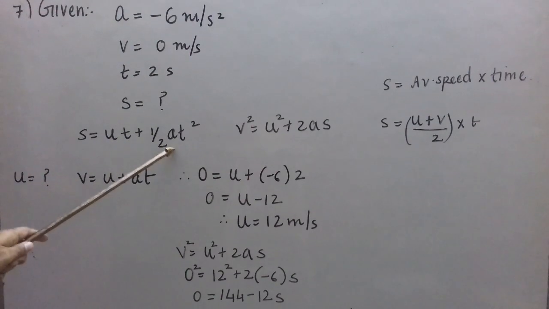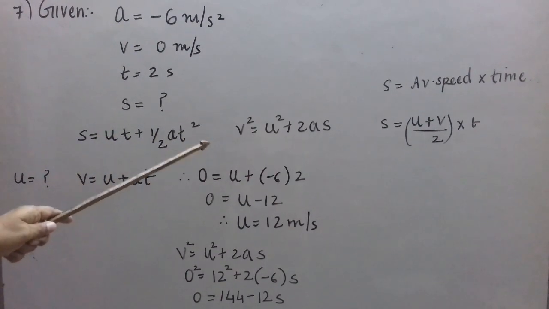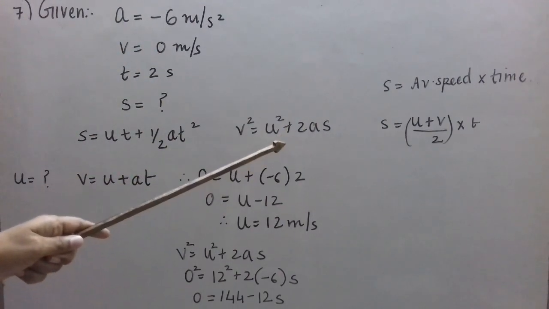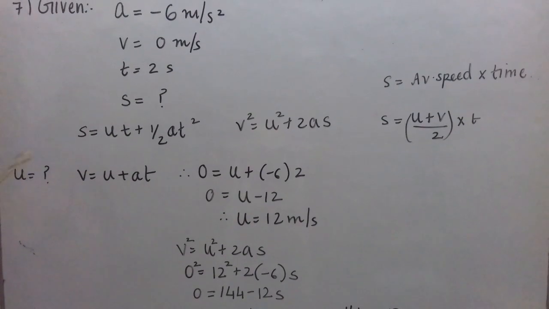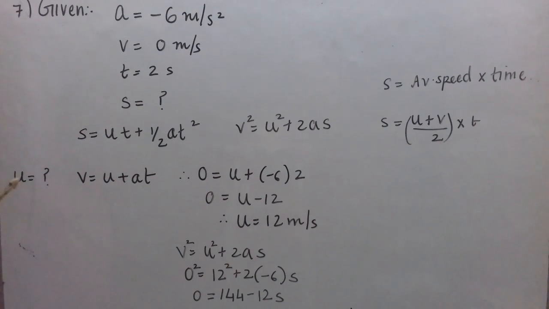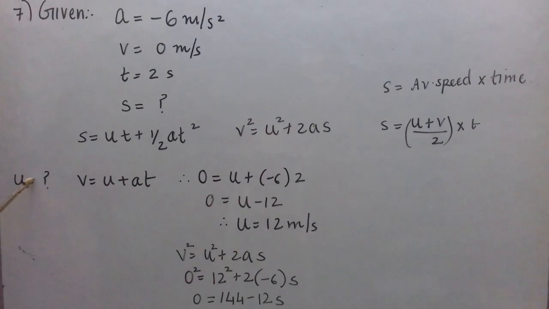Without u, we have A and T, no problem, but u is not there. We have V and A, but again u is not there. Again there u is required. So in all the three formulae, u is required. Without having the value of u, we cannot proceed. It means although they have not asked us to find u, but we know we have to find u also.